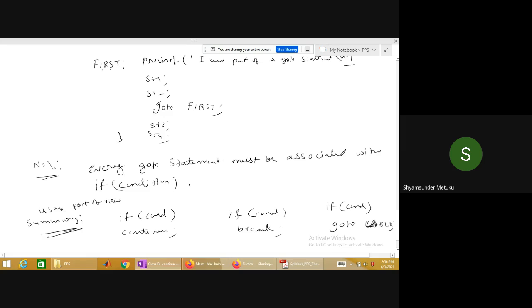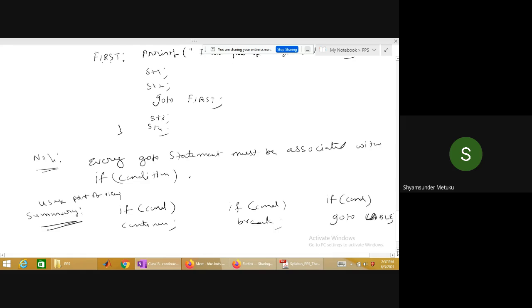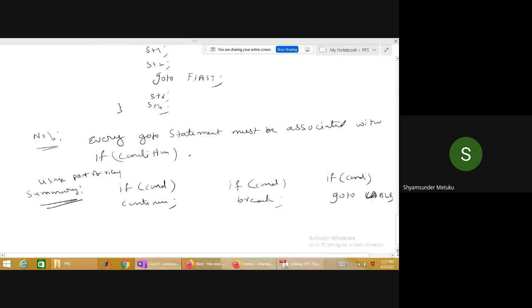Then only all of them will have a significance. If you do not use the condition, break always makes you come out of the loop. Continue always makes your program infinite. Go to also will make your program infinite. Is it clear? Tell me.